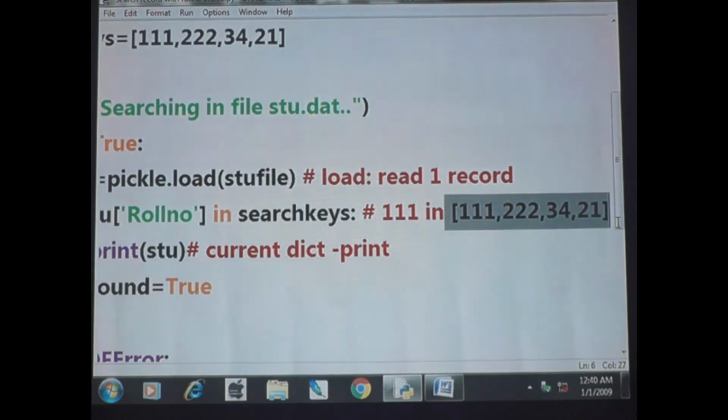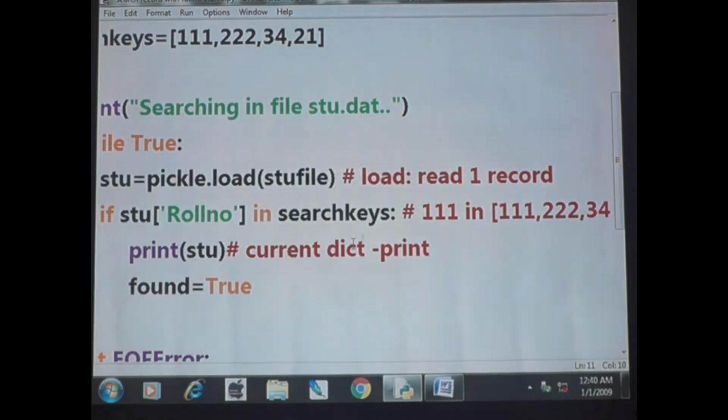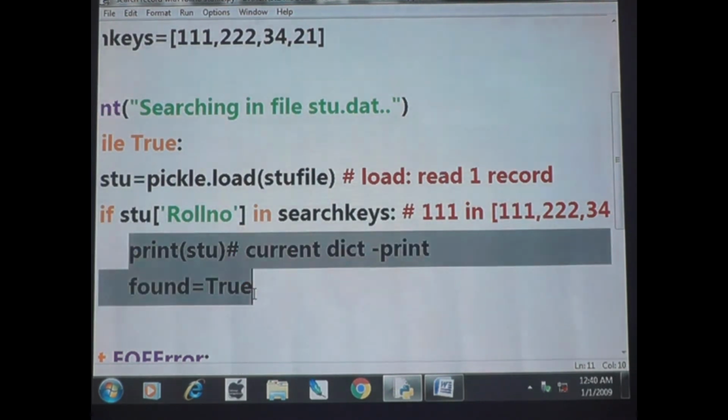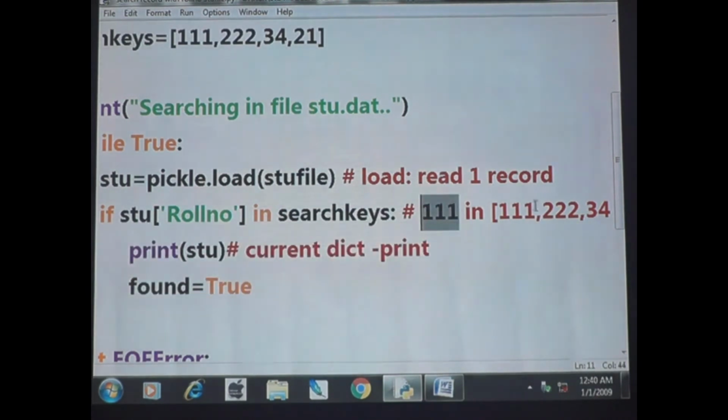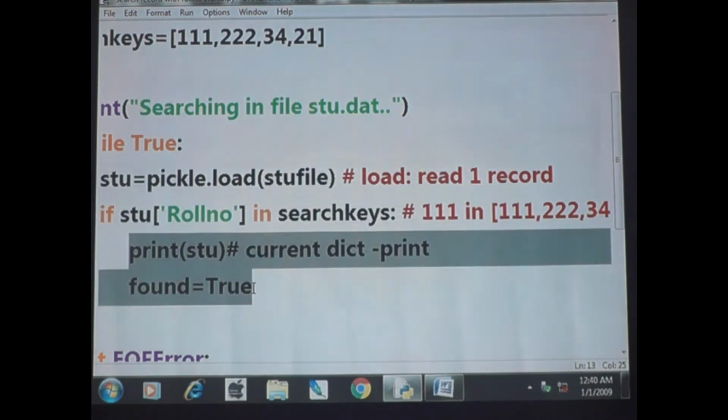Okay, so now how will it check? Is the 111 inside the search key or not? Yes, this 111 appears inside, so the answer is true. True means these two lines will execute. If the condition is true, these two lines will definitely execute.